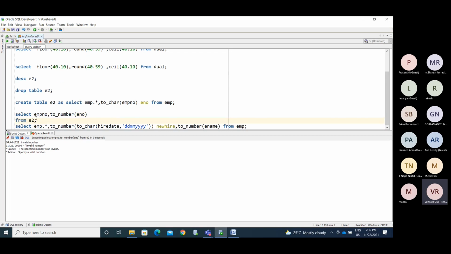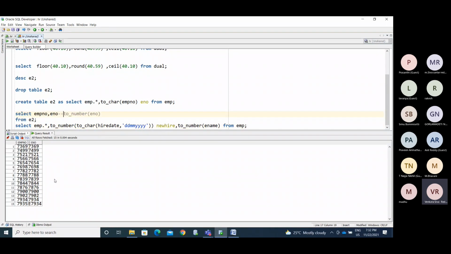So now I put this as a comment and observe. Because of this record, you are getting the invalid number error. Now you have very little data, so you are able to compare and see this. Now I want to find out those records causing the invalid number; meaning you may have characters other than the numerical values.